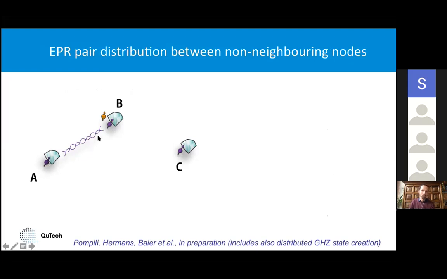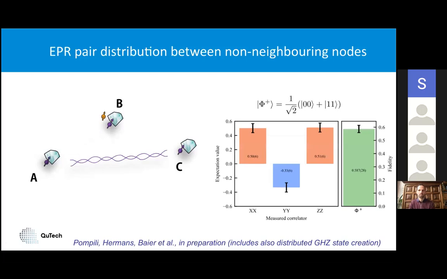And so it has the following steps. We first make entanglement between A and B. Then we swap this half of the entangled state at Bob into a quantum memory. Then we make an entangled state at B and C. And then we perform a Bell state measurement at B, which basically teleports this entanglement out to the outer nodes, making the EPR pair that we want. And in this case, I just flash the correlators that we measured on the outer nodes after this protocol. And we see that indeed, we now achieve a state fidelity above 50%. So this protocol nicely works to distribute an EPR pair between two non-neighboring nodes.